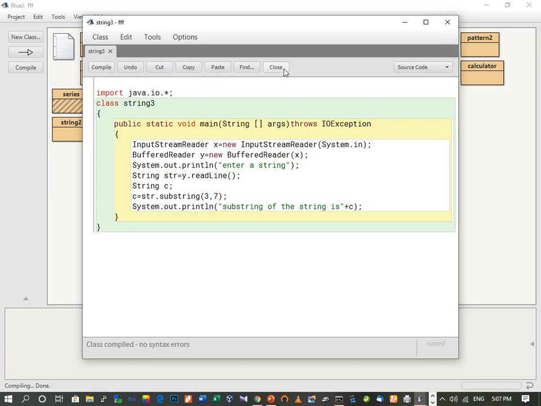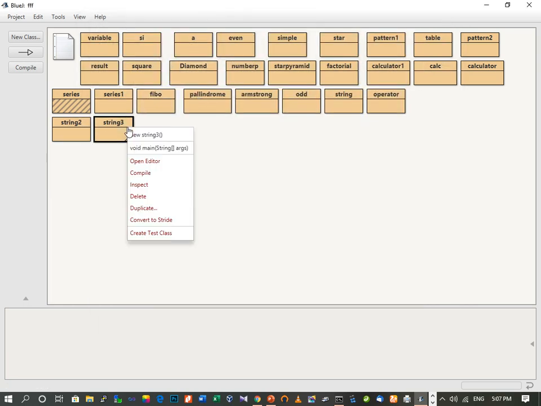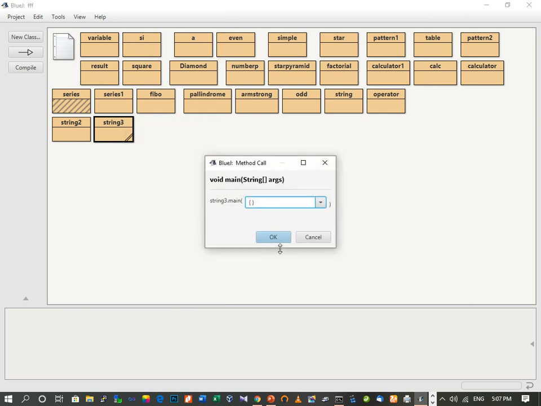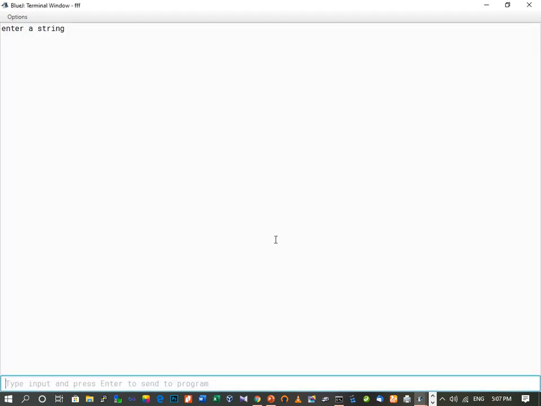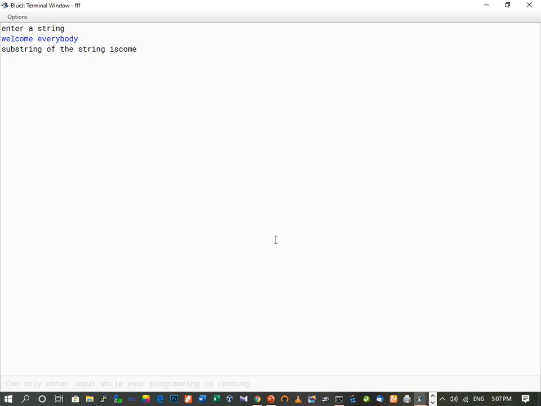No syntax error. Welcome everybody. Here we can see that the substring of the string is come. This is the output of the given function.